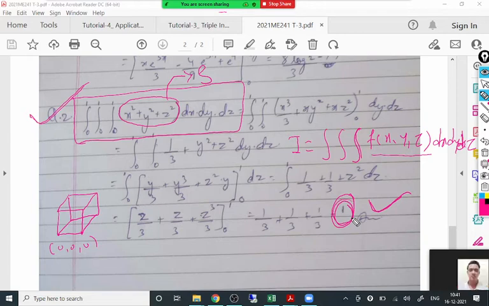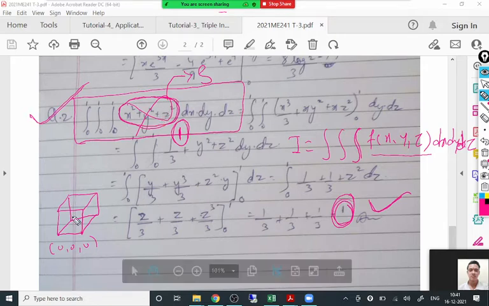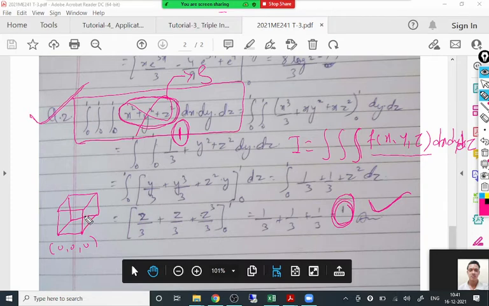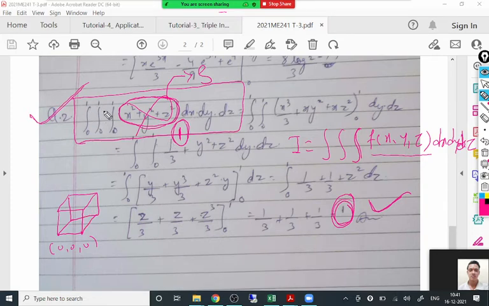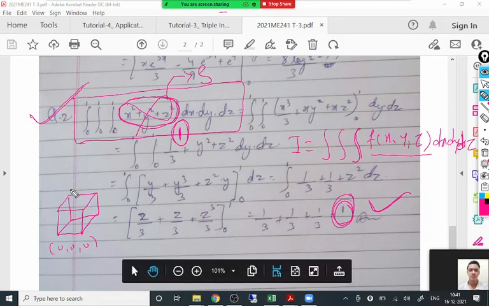Yes. Okay, so application is nothing different. Obviously, data should be given about what the integrand represents. If the integrand is density, the corresponding triple integral represents the mass. If the integrand, instead of x square plus y square plus z square, is just the number 1, then the triple integral dx dy dz represents the volume of that solid, and your answer will again be 1, because the cube has length 1, height 1, breadth 1, so 1 into 1 into 1. The volume of this cube is also 1.